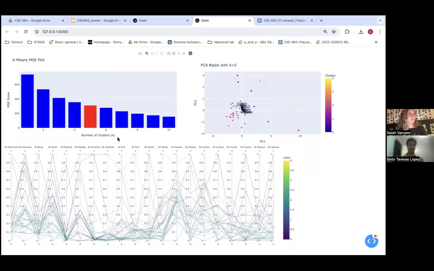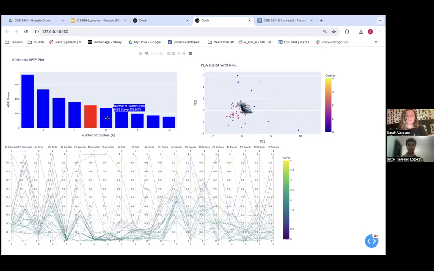So by optimal, we mean that we want a number of clusters that will give us a lot of information about our data set and help us group different data points, while also trying to lower the total mean squared error. But you also don't want too many clusters because then that won't really help you determine anything about your data. So we decided that 5 is the optimal number of clusters, but we also allow the user to